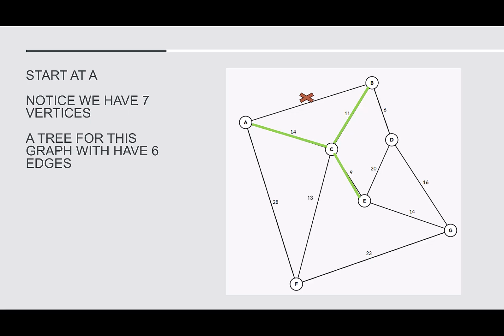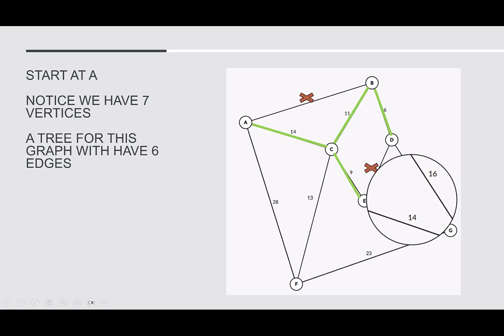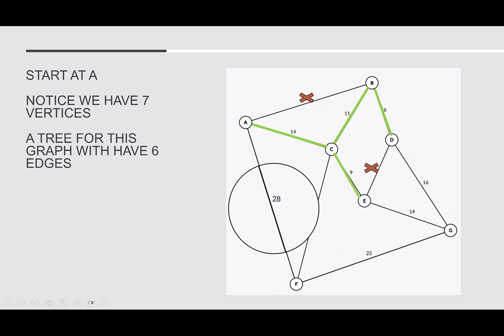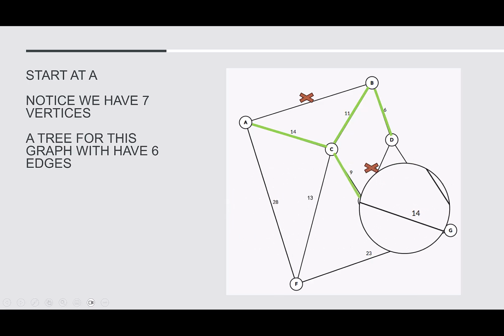Now we can look at our remaining edges that are touching A, C, B, or E that won't form a circuit. A has 28, C has 13, E has 20 or 14, but B has a 6, which is the smallest. We again see a potential for a circuit, so let's go ahead and get rid of the 20 from D to E. Taking our next look through the edges, we see 28, 13, 14, or 16, which means we